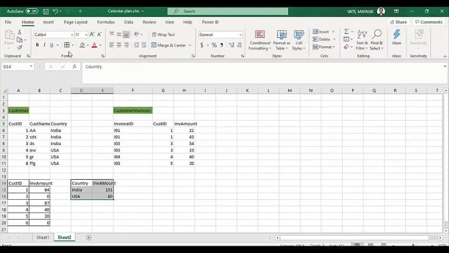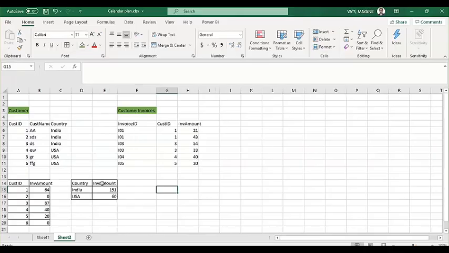In the same way, you may have some more information here. Let's say you have customer type here, right? So this is your premium customer, this is your normal, regular customer, like this. Okay, based on that also you can identify, based on the customer types, what the invoice amounts are. So here what you are doing basically, you are evaluating only one value, right?